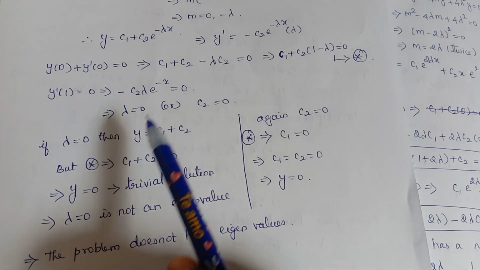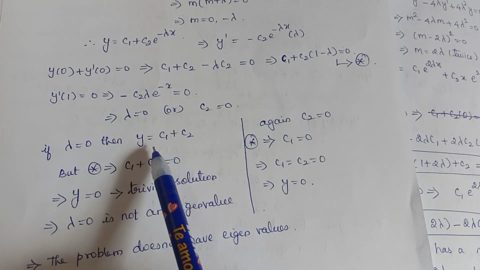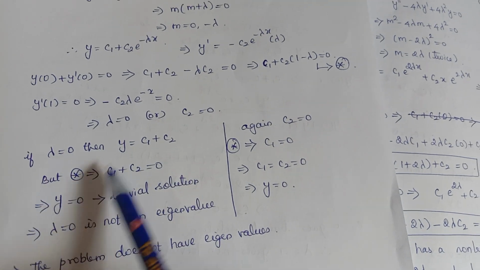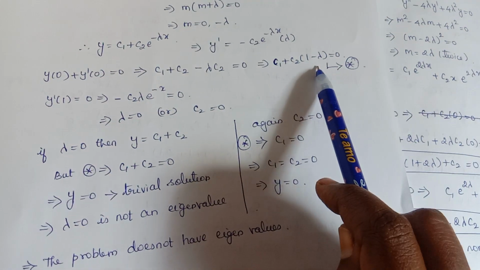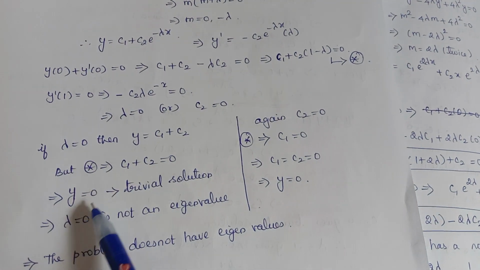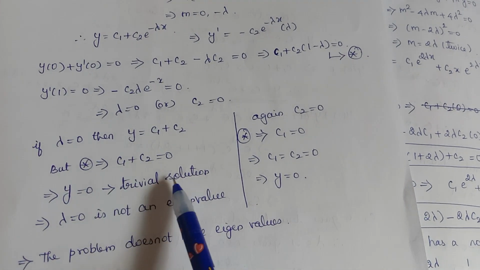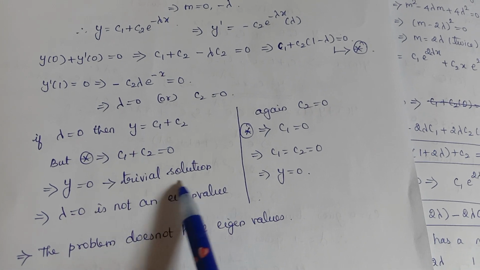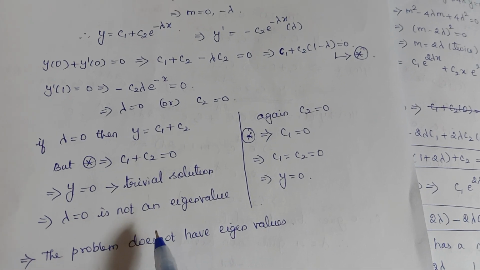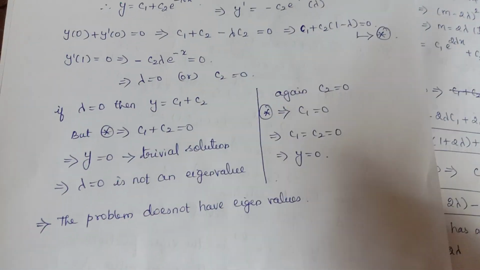If λ = 0, then y, this is our y, will be c1 + c2. But this again implies c1 + c2 = 0. So in this case also I am getting y = 0 as the trivial solution. Therefore λ = 0 gives only the trivial solution, so this is again not an eigenvalue. Eigenvalue means it has to give you a non-trivial solution. So this problem does not have any